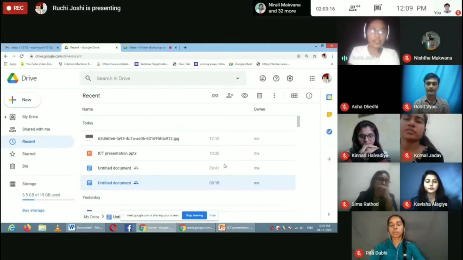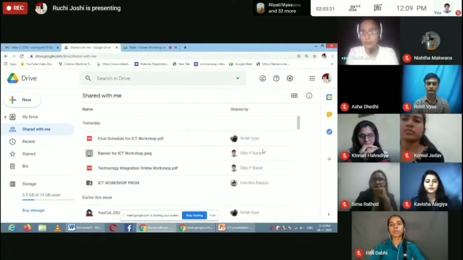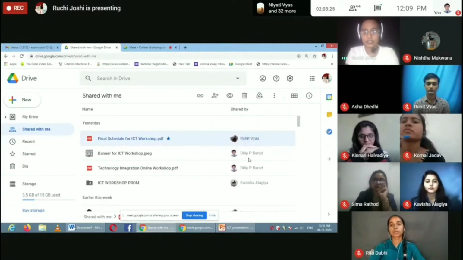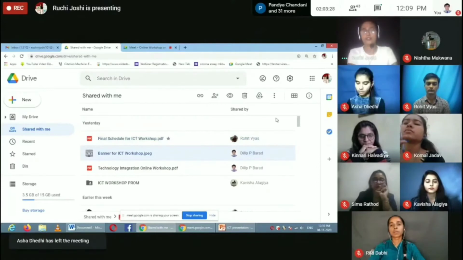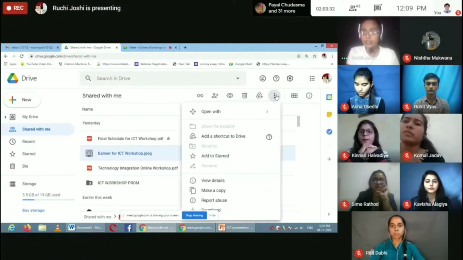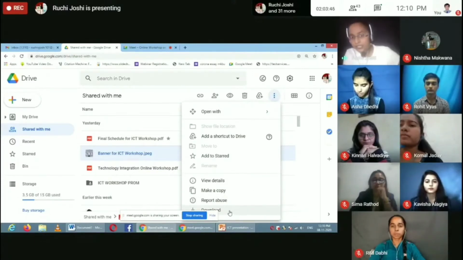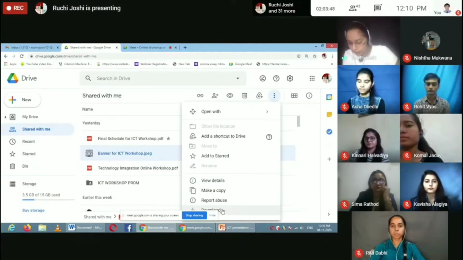If someone has shared with me, then we can also download this. I have selected. Okay. So where we have to download in the desktop version is this, by clicking on the more action button, and it will open this child window, and there is the option of download.